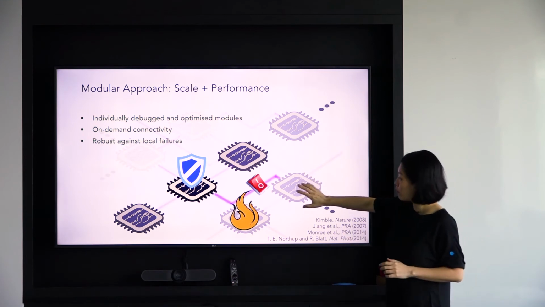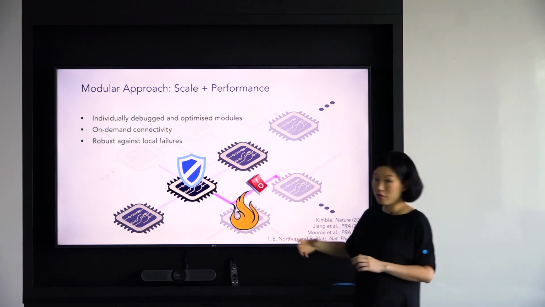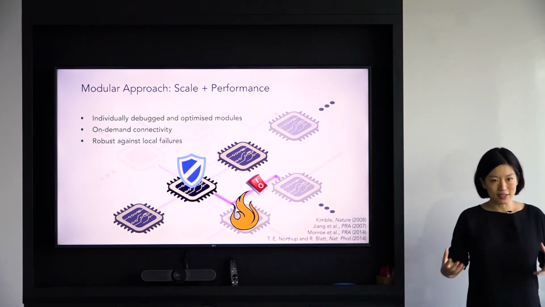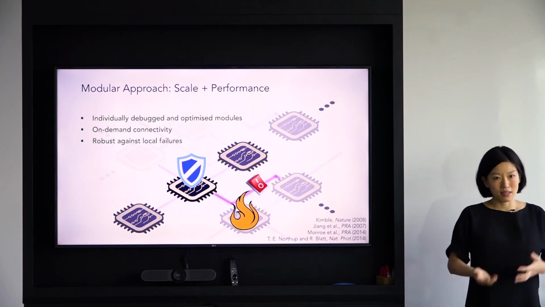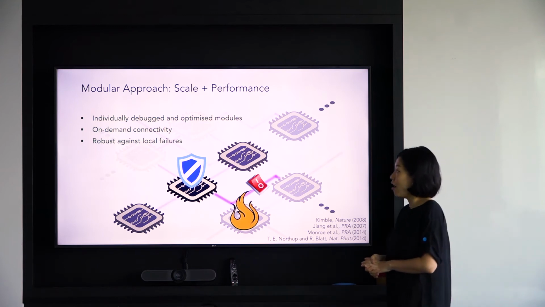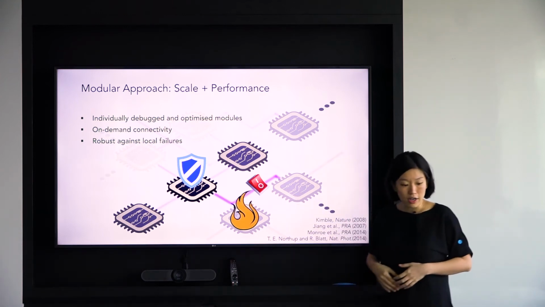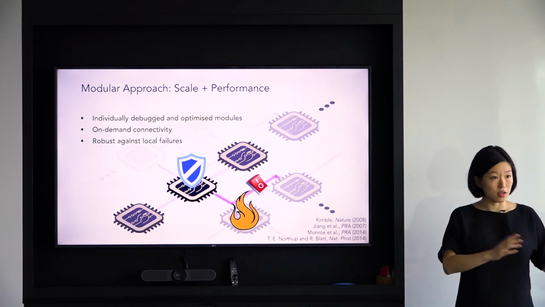So if one of them fails, I can take that out of my network of modular devices and preserve the rest of the system without being affected by this individual failure. And the individual protections can happen using standard quantum error correction techniques. Without going into too much detail of what the quantum error correction techniques are in this kind of platform,